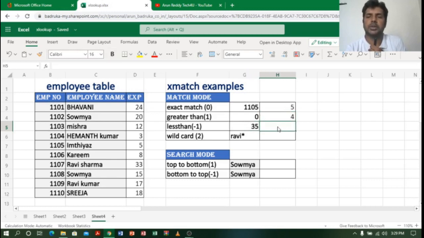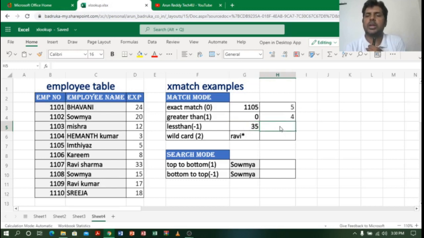Now let us find the highest experienced person. So how to find the highest experienced person? I have used a small trick. For example, my company will allow an employee to work till he gets 35 years of experience. Suppose he gets 35 years of experience, he will be given voluntary retirement and a pension, right? So our HR policy will not allow a person who has more than 35 years of experience.